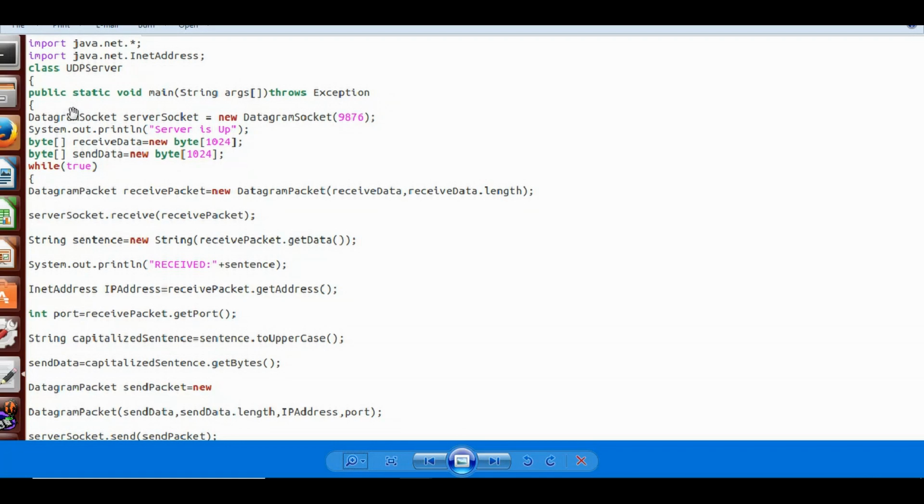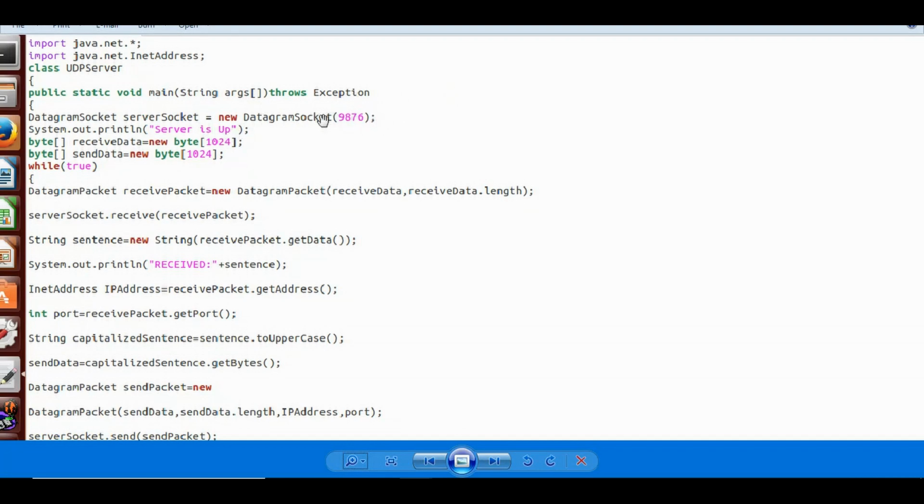And again here I am creating a datagram socket, but this time it is for the server. Previously I created it for the client. So serverSocket is a new DatagramSocket. Do you remember this port number I told you during client side programming? Whenever the client was sending, it mentioned this particular port number, so that means the server has this port number.